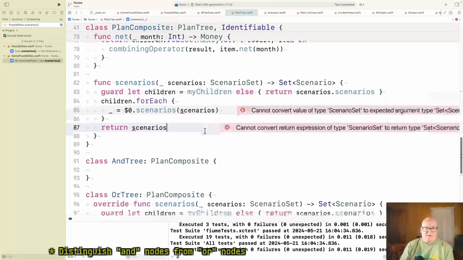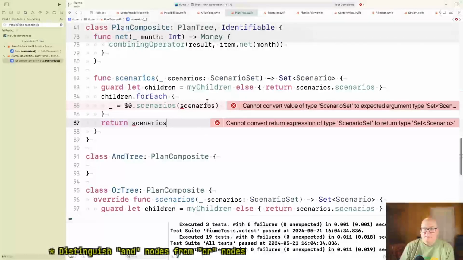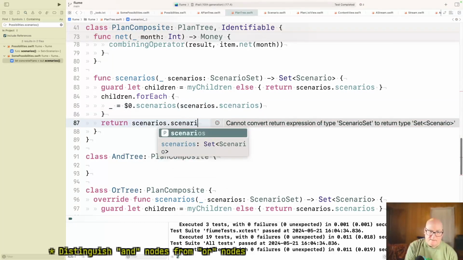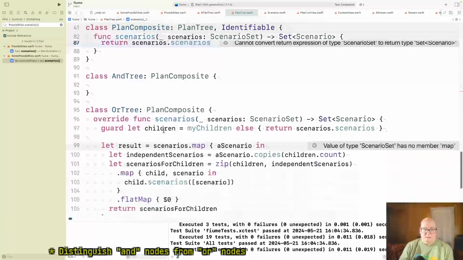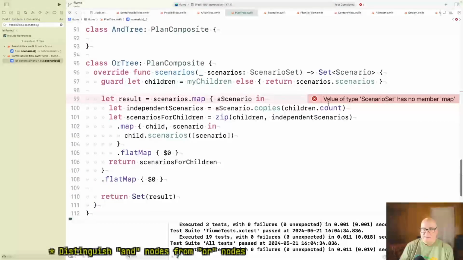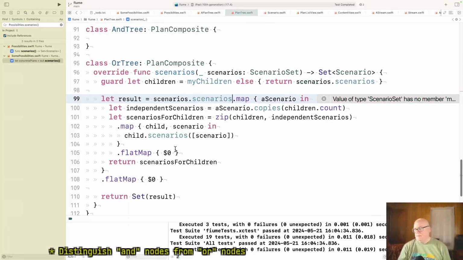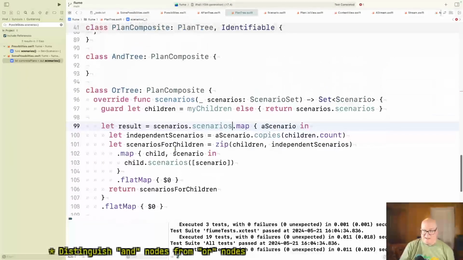Set's in red. That's a bad sign already. Boy, it's a lot of scenarios. Okay. A scenarios dot map. Okay. I mean, I'm doing it the slow way.